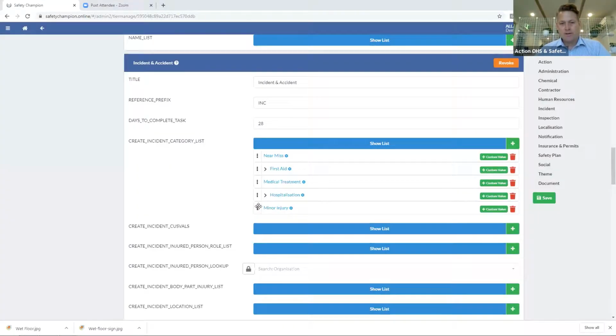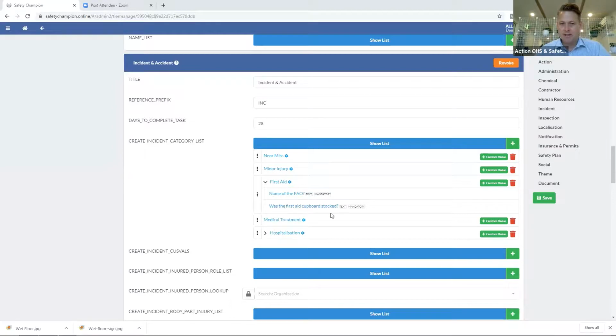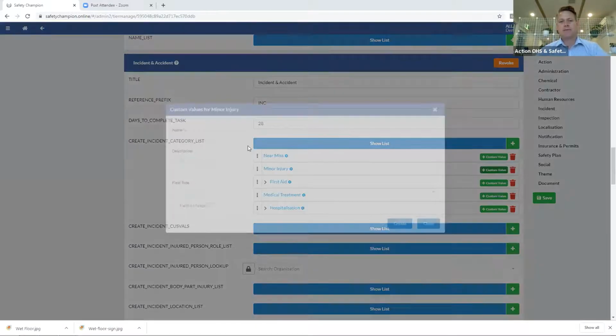Now what I can do is move it into the right order, which makes logical sense. Now if there's a minor injury, what I mentioned beforehand, when I selected first aid, there were two questions that were asked: name the first aid officer and was the first aid cupboard stocked? So what we can do here is create custom questions. So for minor injury, if I click a custom value, I might want to ask,